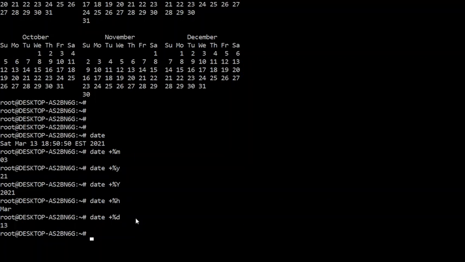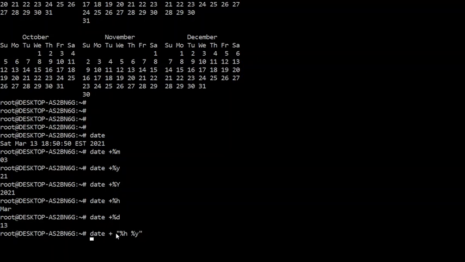After that, it's not like you can use only one; you can combine month and, suppose, year. So these two you can also do together. If you are adding two date formats, for month and year, whatever you want to print together, you have to put them into double quotes.